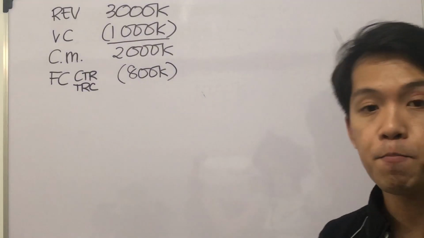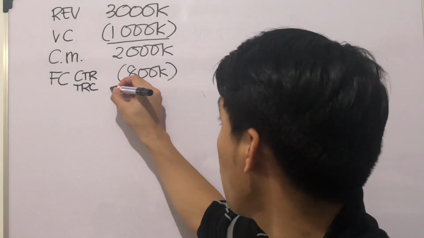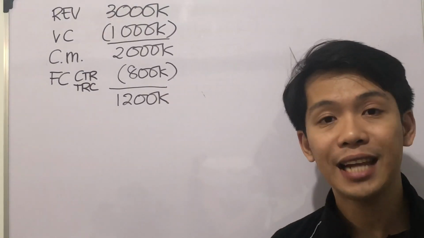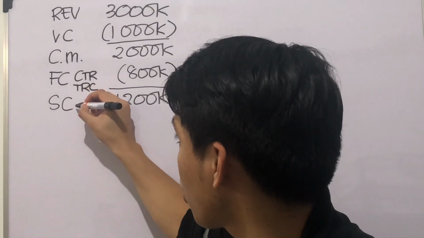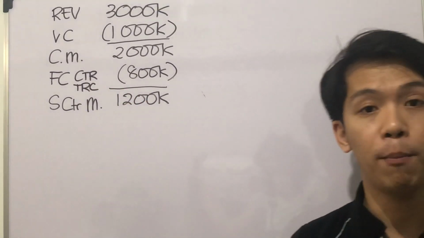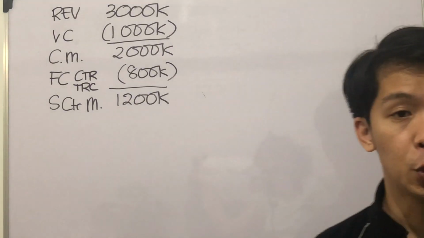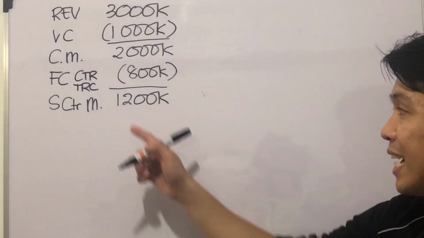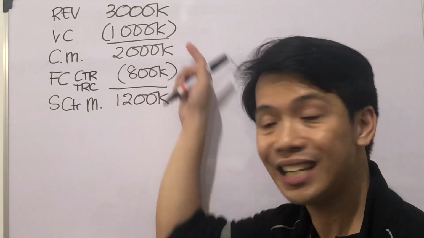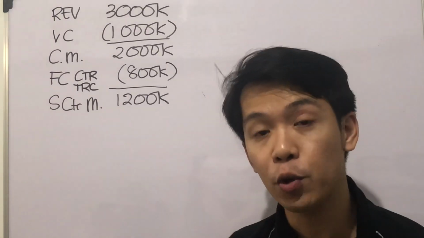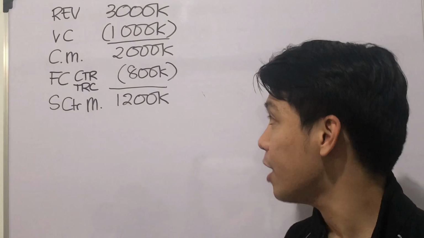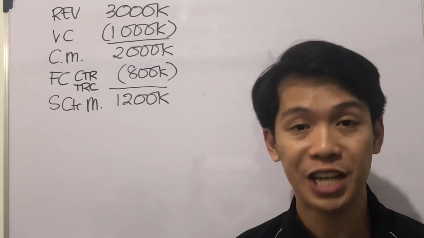2 million minus 800,000 is 1.2 million. This line item is called segment controllable margin. Segment controllable margin, 1.2 million. What has been deducted here so far are the variable costs and the fixed costs that are controllable by the